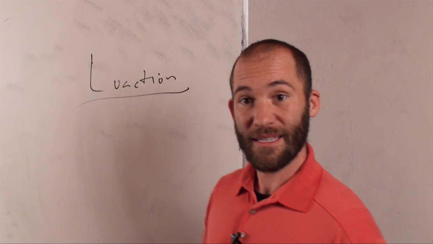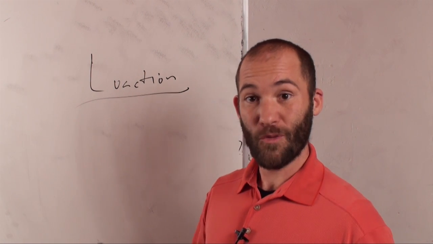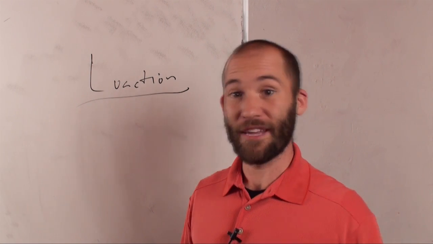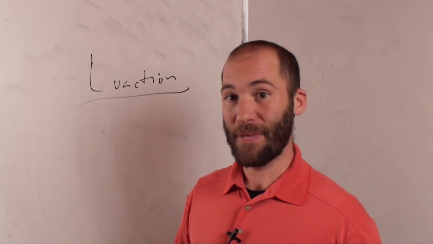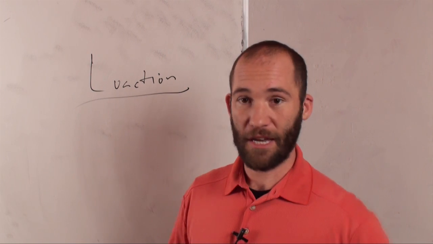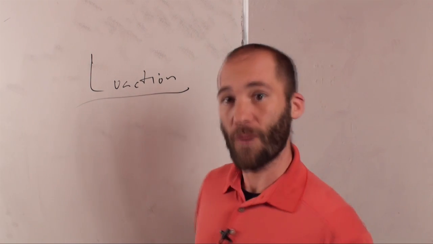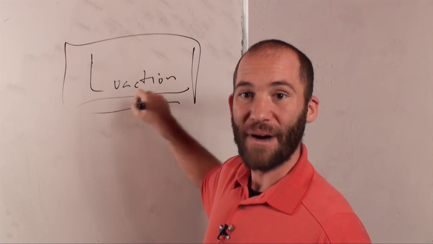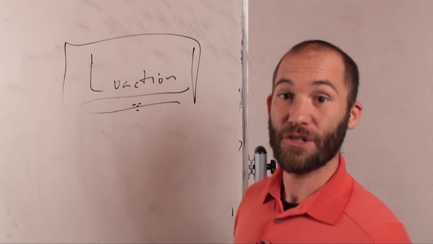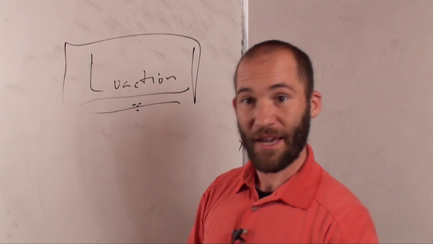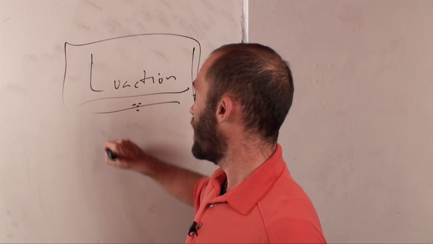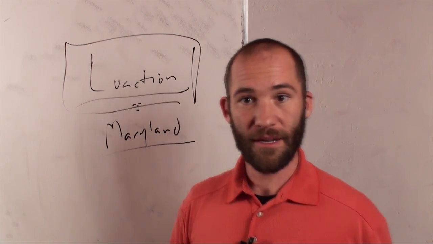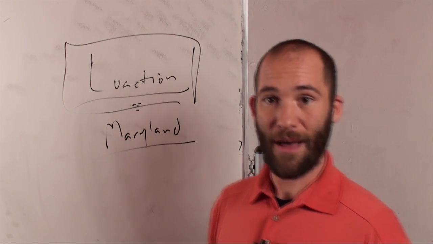Well, the thing is, if you put it up on the web, most people think, well, then that means if people are in California, people from California can try to hack into your web application. People from Tennessee can try to hack into your web application. People from China can try to hack into your web application. Well, one thing you can do is you can secure your web application by geographic location. So you can say within the web application, if it's set up, I only want internet users coming from Maryland to be able to access this web application.